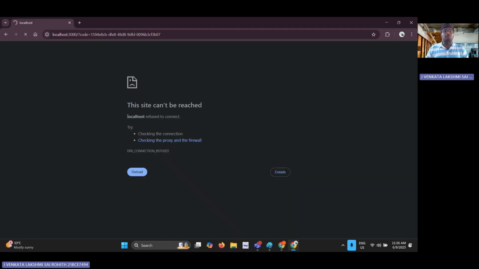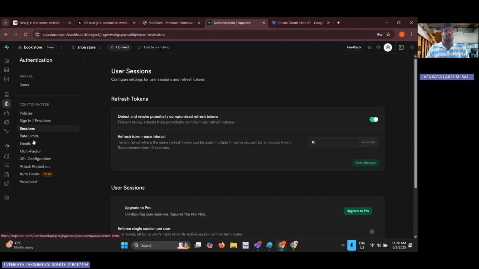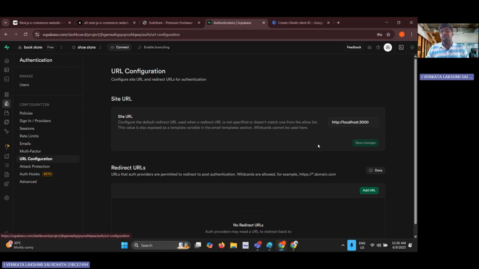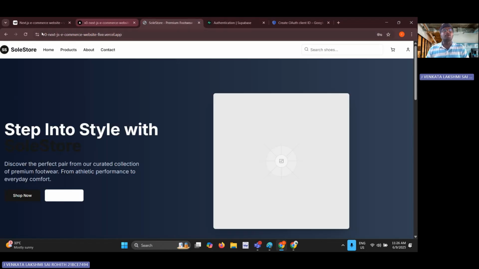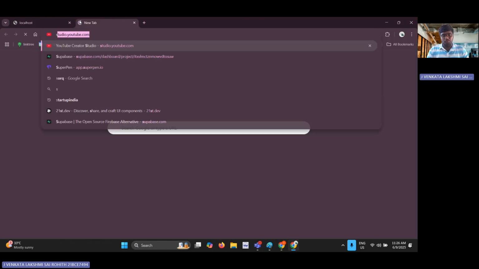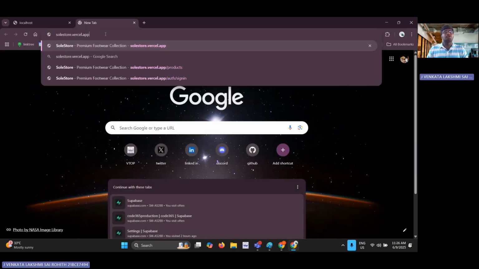Now you can see localhost here. After signing in, it is redirected to some other localhost, right? For that, we need to go back to the database, and again go to sessions here. Just a minute, sorry, URL configuration. Here you can see this is the URL right now, which it is redirected to. Now what we have to do is give our Soul Store vercel.app URL here, and